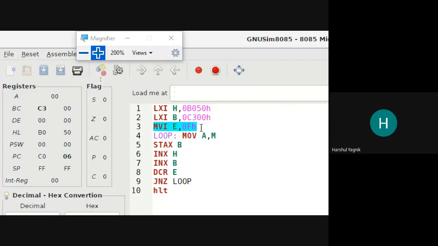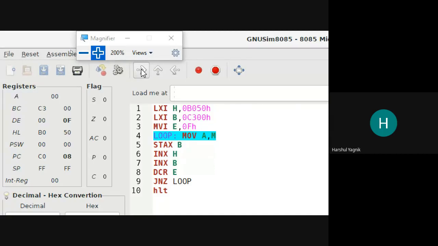Then MVI E instruction. This will load 0FH into register E. I'm running it. Next, we need to move the content from the memory location pointed by HL register pair to accumulator.